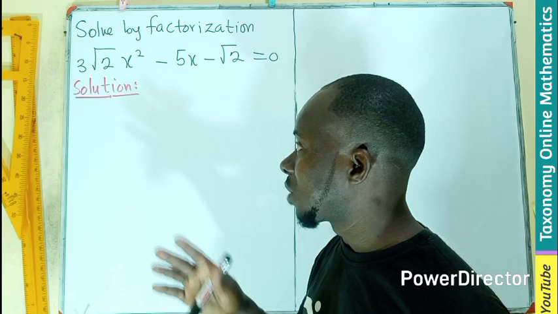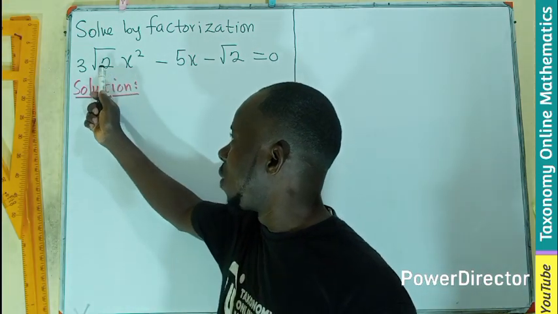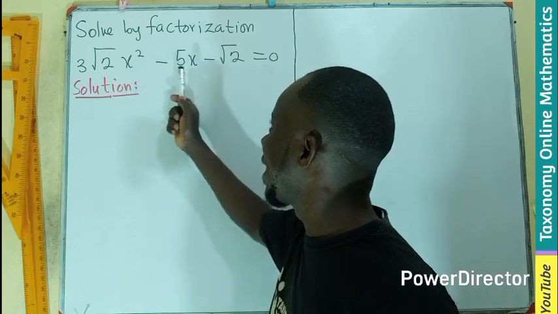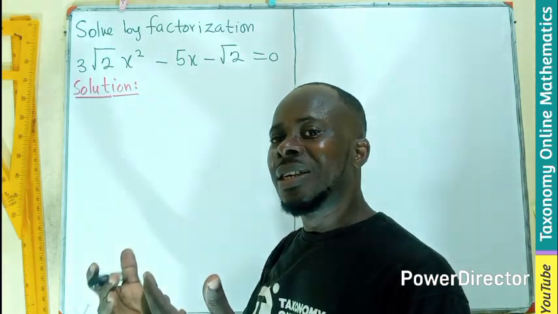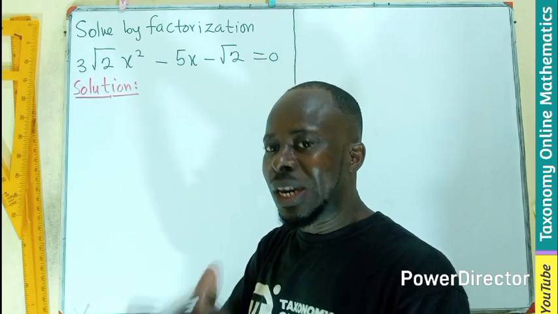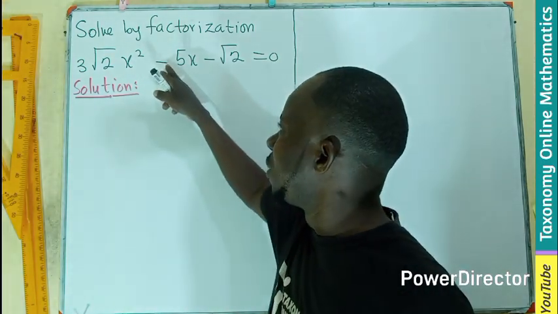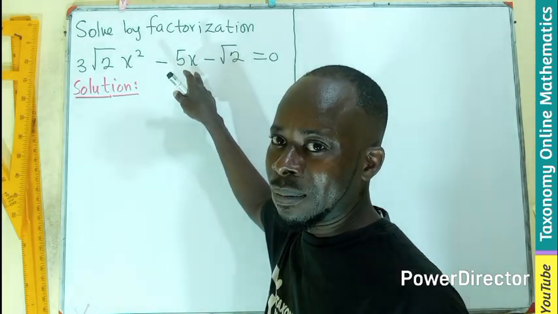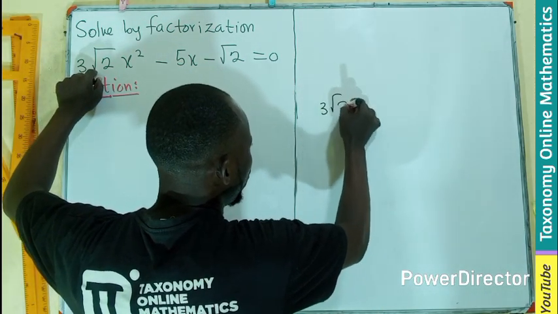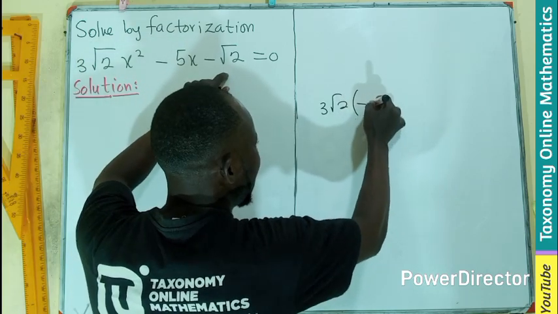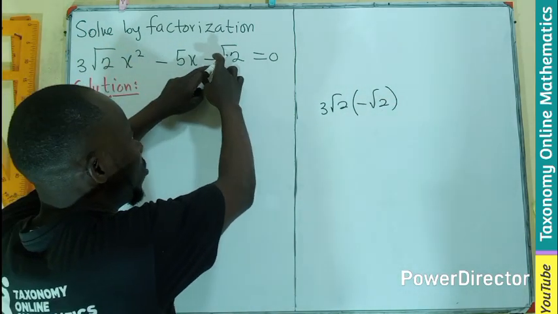But in this case, to factorize, the best thing we do is to find the product of the coefficient of the x squared and the constant term. Find their product. Find the factors of that value, which when you add any pair, will give you the coefficient of the x term. So here, if I pick 3 root 2 multiplying negative root 2, as in the coefficient here multiplying the